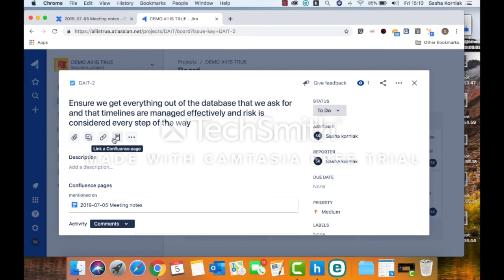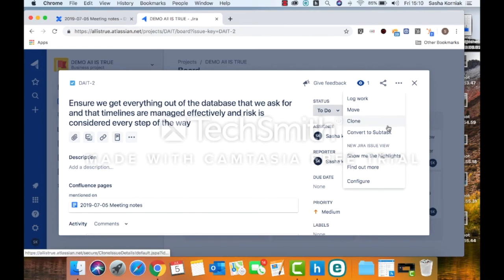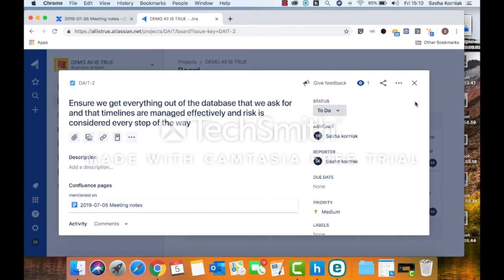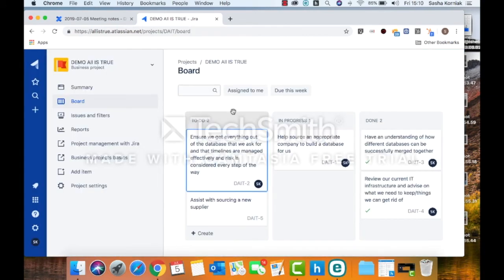We can also link to other common Confluence pages, and there's more information and more things that can be given there. We can also watch this particular issue so we can be informed on the status of how it moves. We can share this to other areas, and we can do a lot of other things as well, which I will cover in more of a deep dive. This was really just to highlight the way in which we can replace Word, Excel and Outlook or email on the basis of process for everyday use.